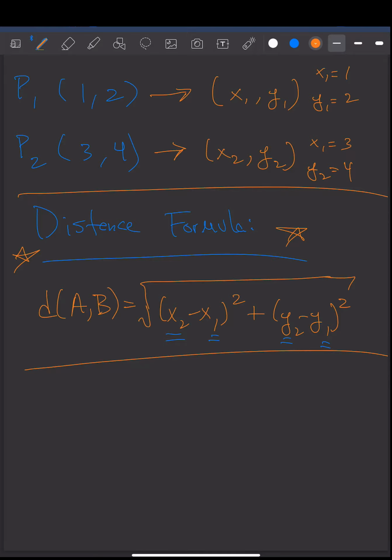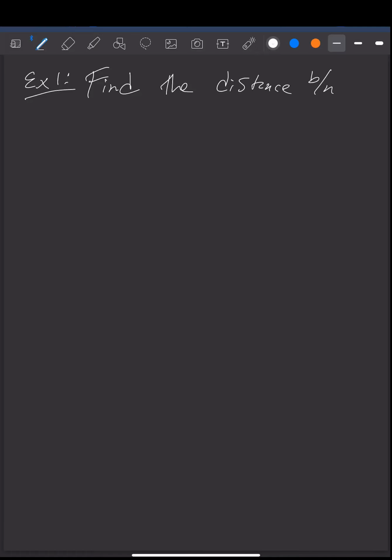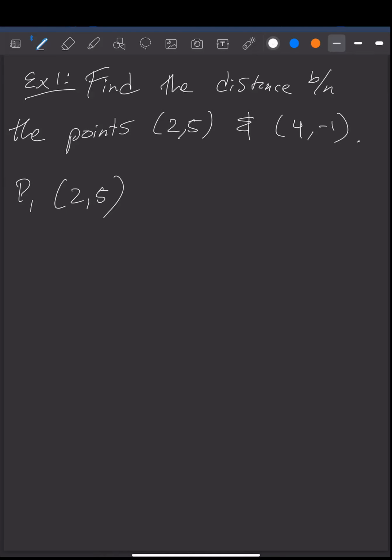So let me give you an example, just to see how to apply this in a problem. For example 1, I want you to find the distance between the points (2, 5) and (4, -1). Ooh, we got 2 points. So let's call them, right? Point 1 is 2 and 5. Point 2 is 4 and -1. And we're looking for the distance between these 2 points. So going back, we're going to be using our distance formula,